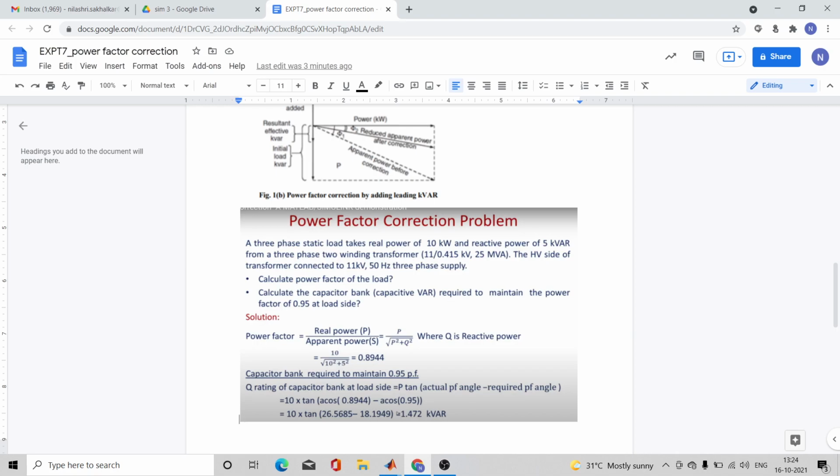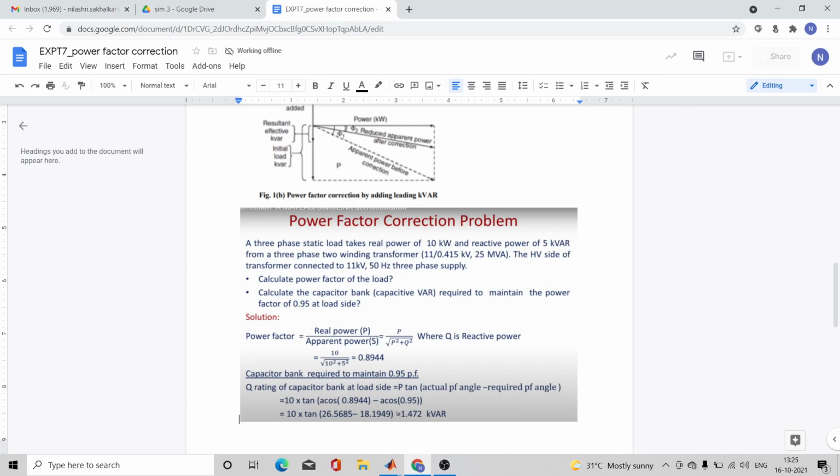This is a static load, mostly an RL load, taking supply from a step down transformer, 11 kV to 415 volt, 25 MVA, and the HV side of the transformer is connected to the supply.